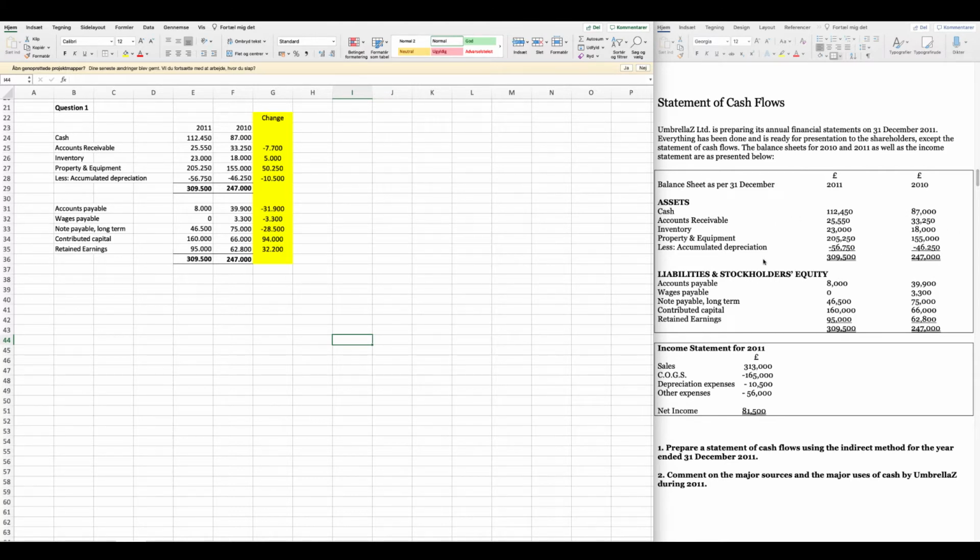You will get to the same result at the end, but I find that it can be useful to set it up like this in Excel because it allows you to basically manage this change calculation with a bit more ease. So with that said, let's try to jump into doing the actual statement of cash flows. And when we do a statement, whether that's an income statement, a balance sheet, or a statement of retained earnings, we always want to start by just writing that this is what we're doing. So statement of cash flows